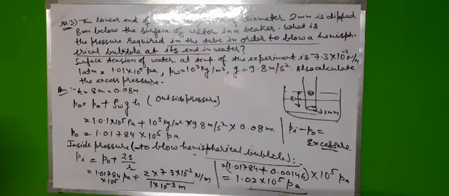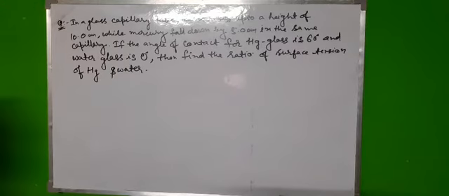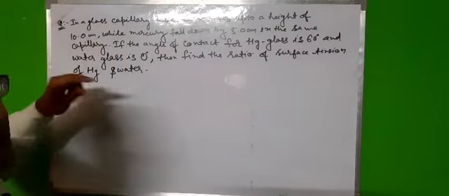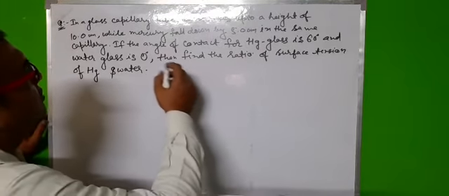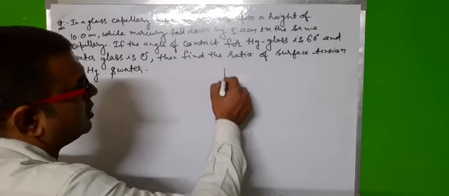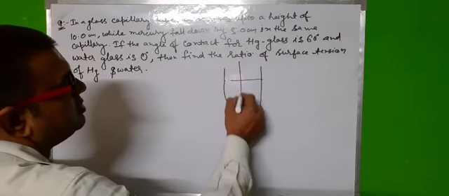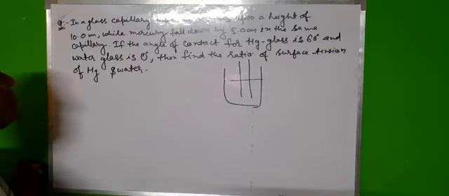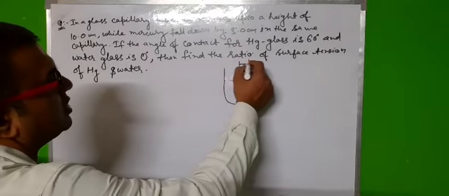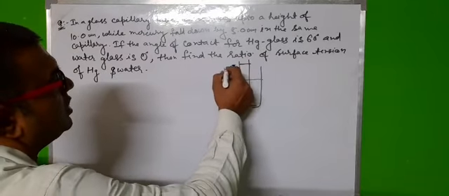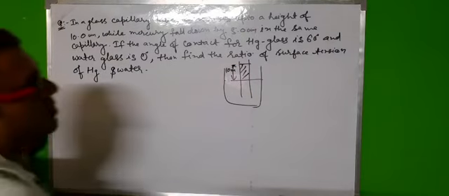So now moving to the next numerical, students. Okay, dear students, look here. There is a glass capillary tube. Water rises up to a height of 10 centimeter, while mercury falls down. There are two tubes. Look here. This capillary tube is placed in water, and in the glass capillary tube water rises up to a height of 10 centimeter, and mercury falls below 5 centimeter.